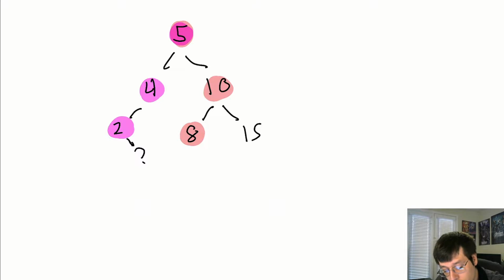So because there's no children, as long as this organization that I'm doing is followed through, where I'm keeping numbers less than on the left side and numbers greater than on the right side, then I can go back and say, hey, 3 is not in my list. And again, it only took 3 checks.